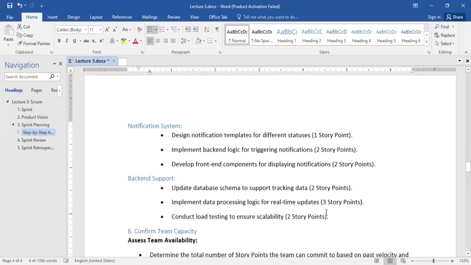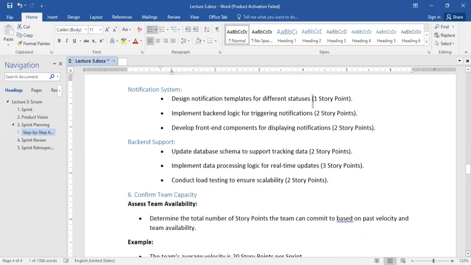You can see we have 2 story points, 3 story points, 2, another 2, and 1. When you sum everything up, you notice